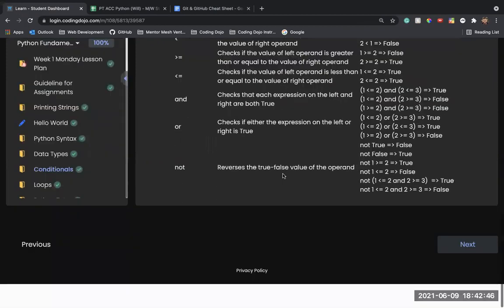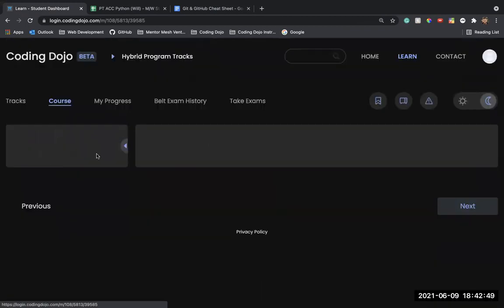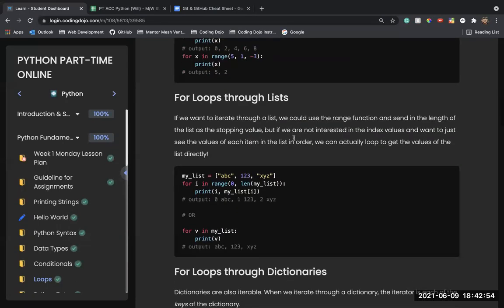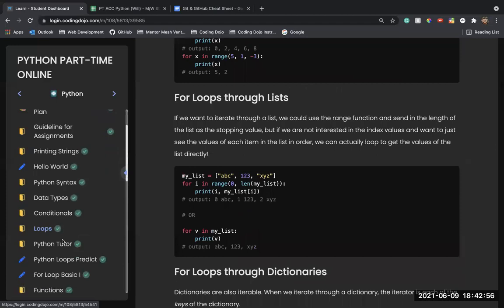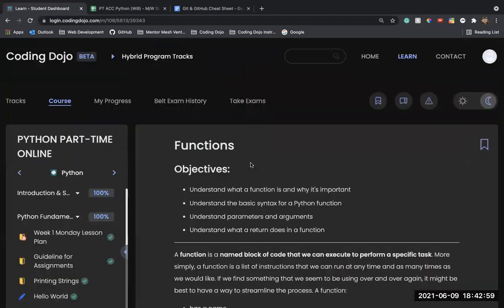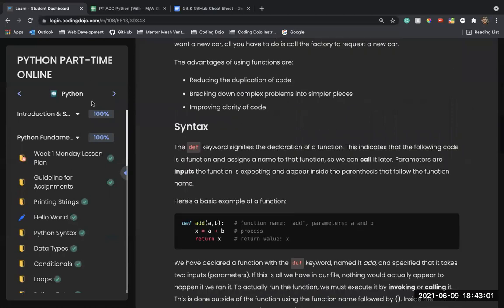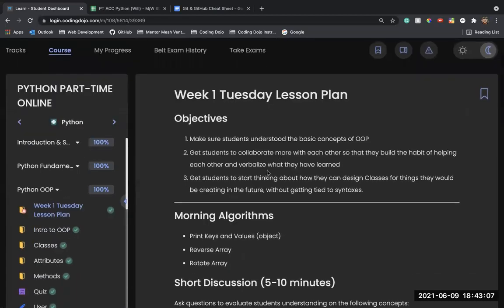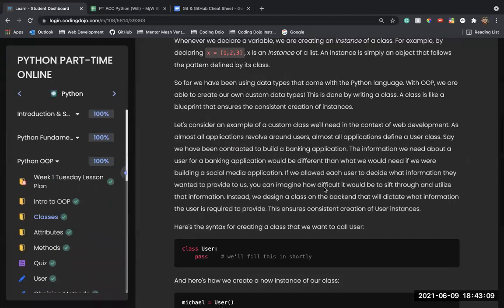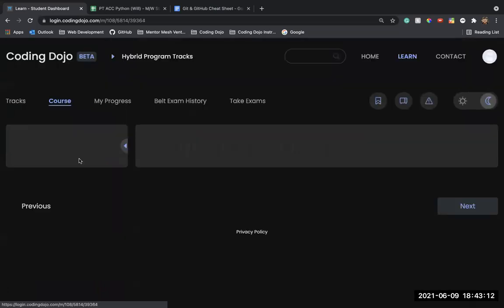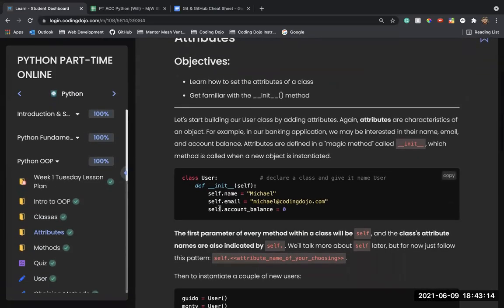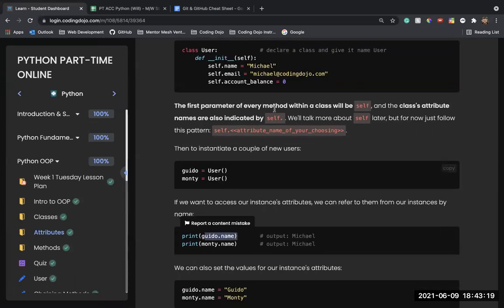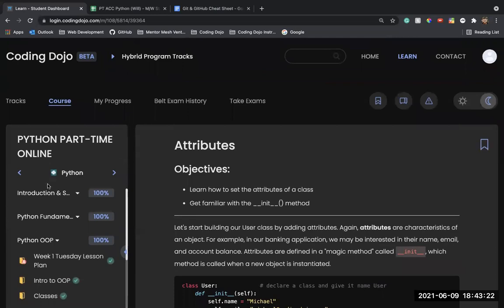I know that it's on the platform somewhere, but you can, and we're gonna get really into dot notation next week when we start going to our, maybe it is in the OOP. When we get to OOP, you'll start seeing that we will primarily be using dot notation. And when we get to our classes, we're going to be using dot notation. We're going to have these classes called users, that's going to have some sort of like user dot email or Guido dot name. But we'll get there. But to answer your question, John, yeah, you can.